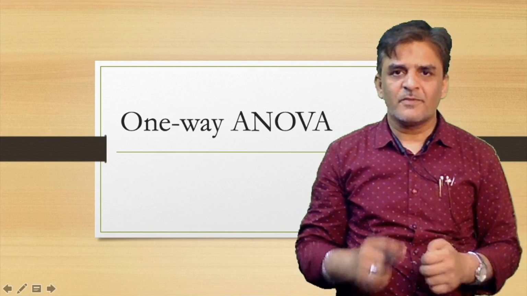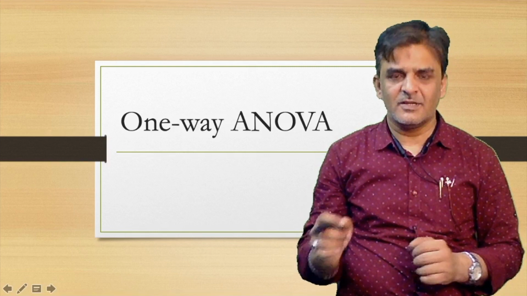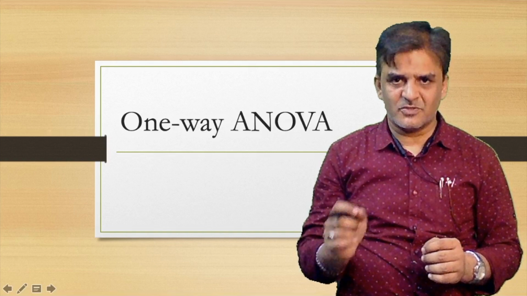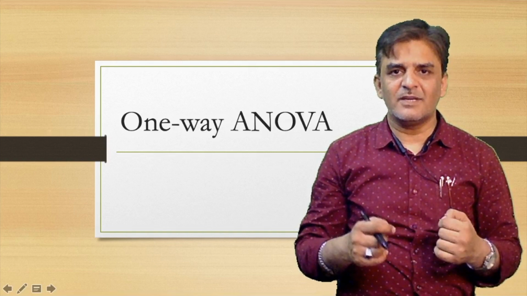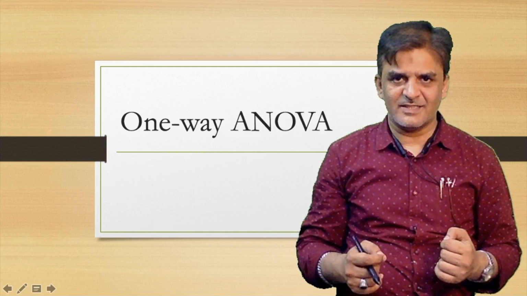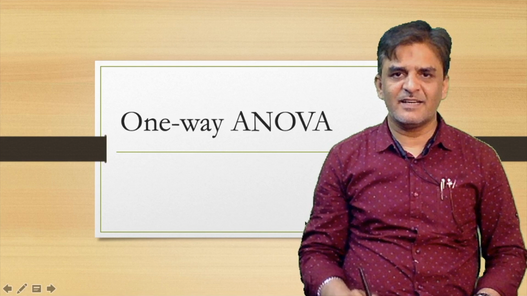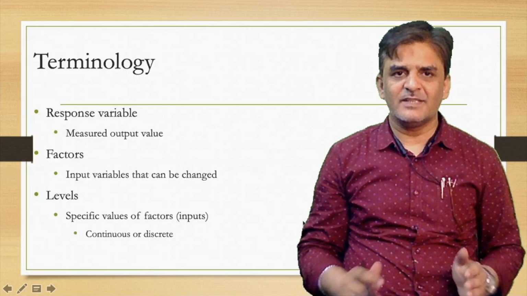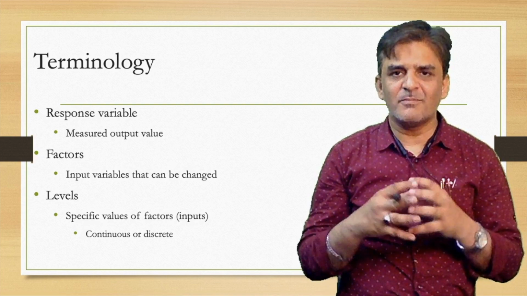For this, we basically perform an F-test hypothesis, which is based on the F distribution. In the F distribution, F is nothing but a ratio of two variances. So I'll move further. I can say that ANOVA is a combination of multiple F-tests,